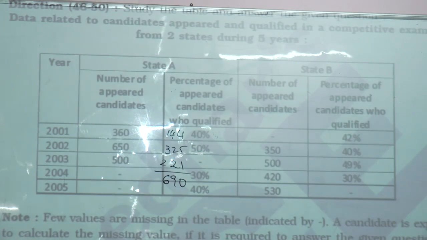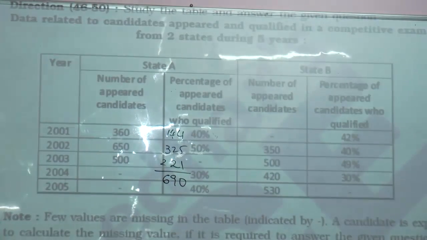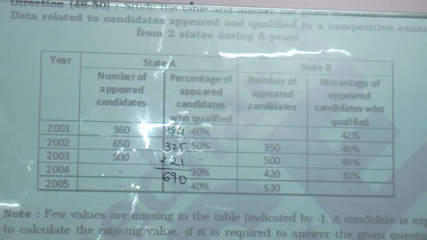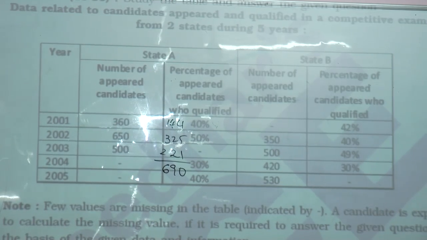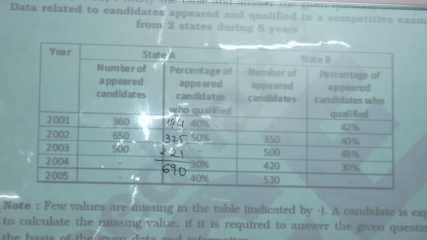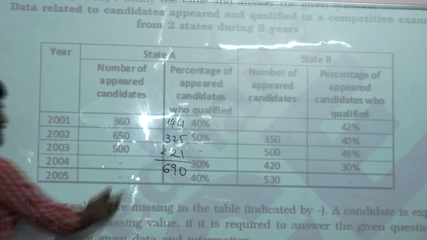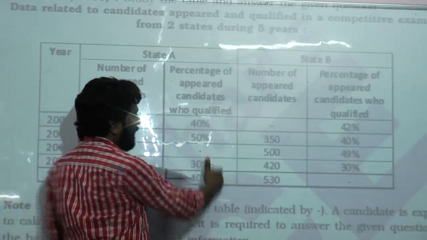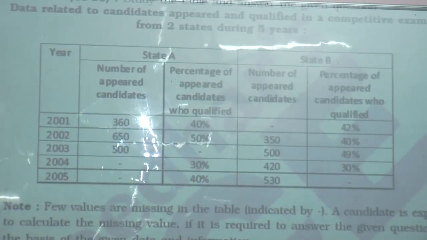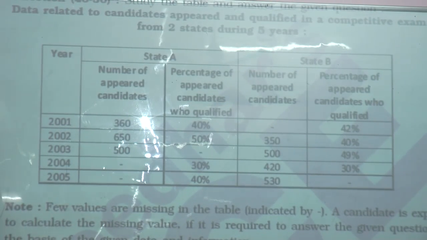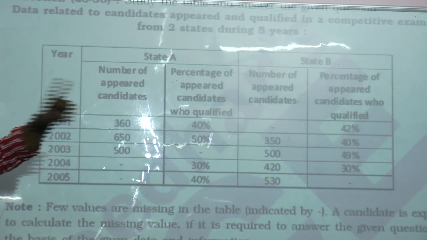Out of total number of qualified candidates from state B in 2001, the respective ratio of male to female is 5:2. If the total number of female qualified candidates from state B in 2001 is 54, what is the total number of appeared candidates from state B in 2001? State B in 2001, what percentage of people got qualified? 42%. And out of 42%, male to female ratio is given as 5:2. So total how many parts? 7 parts is equal to 42. 1 part is